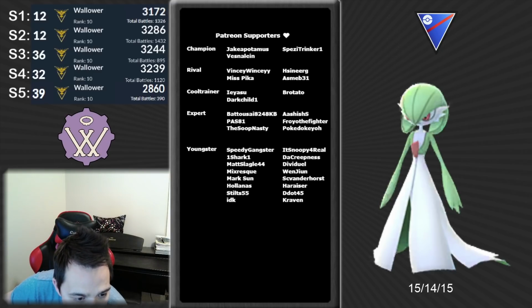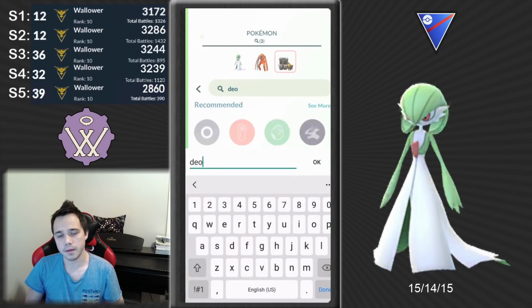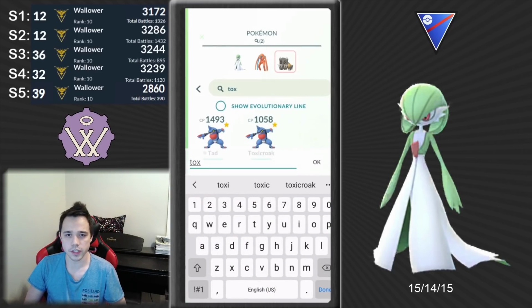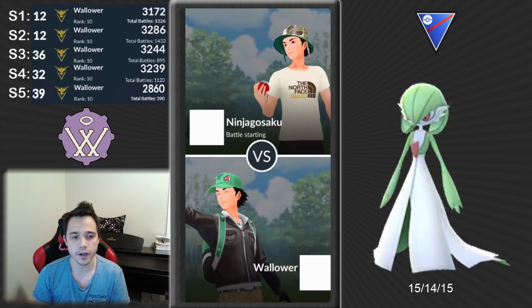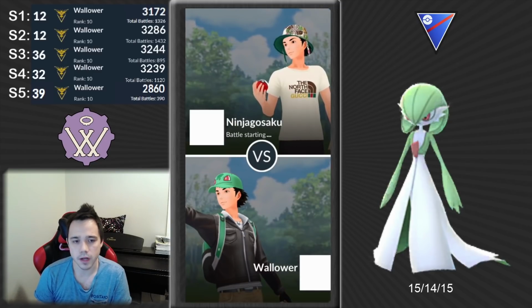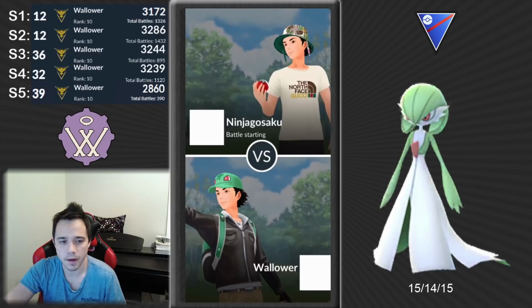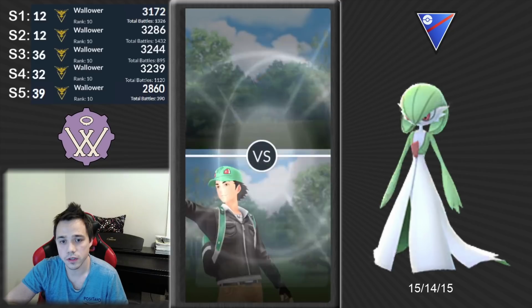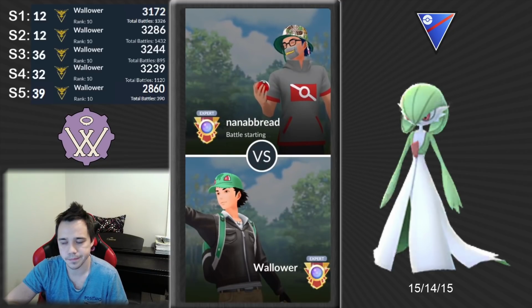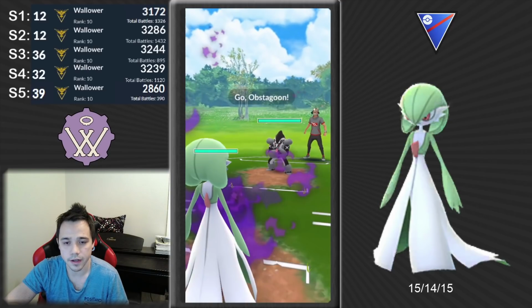And I'll talk a little bit about how Shadow Gardevoir plays as we take a look at this. So in this first game, I decided to go with Shadow Gardevoir, Deoxys Defense, and Toxicroak. The main reason behind this was I now have two counter users that can take care of the Steels that wall Gardevoir. They also both have coverage moves to be able to hit Poison, which is the other type that kind of resists. So in Psycho Boost and